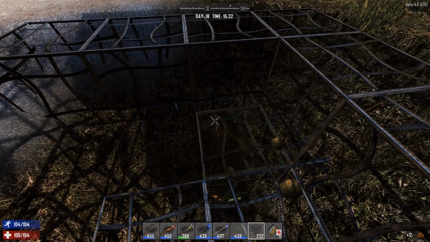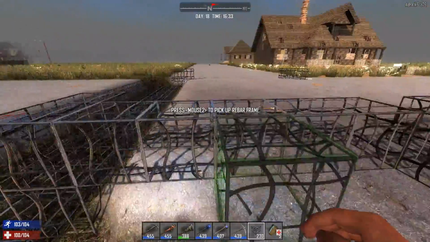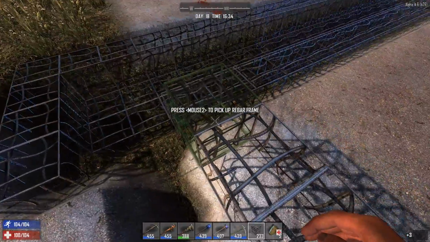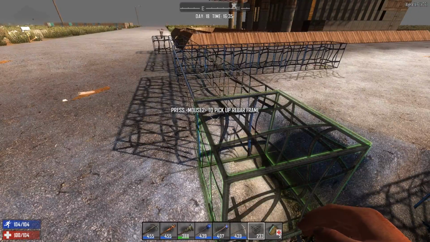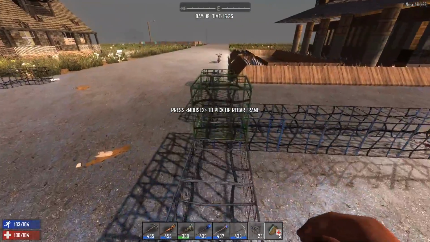There we go. What we could do is, we could make this a nice round tower by taking away the 3 corners and going across from here. Well, this is the original corner. Yeah, let me get some,